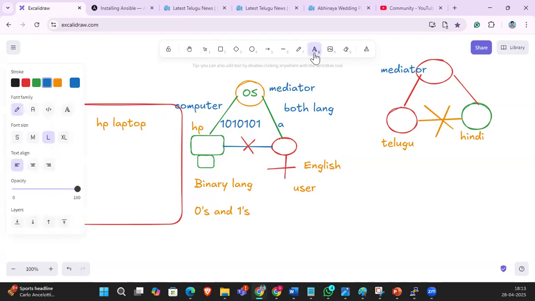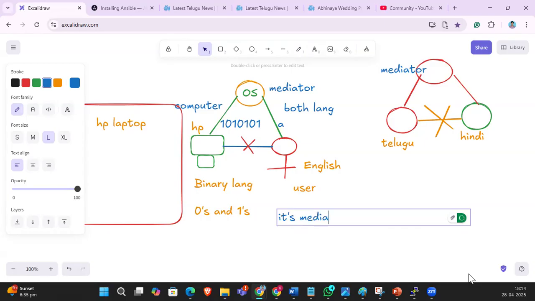Guys, now you understood the simple meaning of an OS? What is the simple meaning of an OS, guys? It's a mediator between user and the computer.